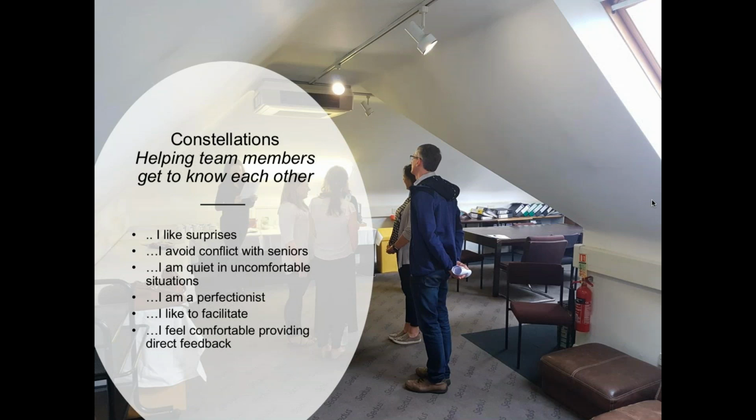You ask a question like, for example, make the statement, I like surprises, and then invite the team to either move close into the center if they can sign up to that, or move away from it if they think, no, that's not me, I hate surprises. If it's me, I move away because I don't like surprises. I avoid conflict with seniors. Again, do the moving. After each statement, when everyone's settled where they are, it's really important to pause and let everyone look and see the different patterns, because we'll all be a bunch of individuals, and it'd be really interesting.